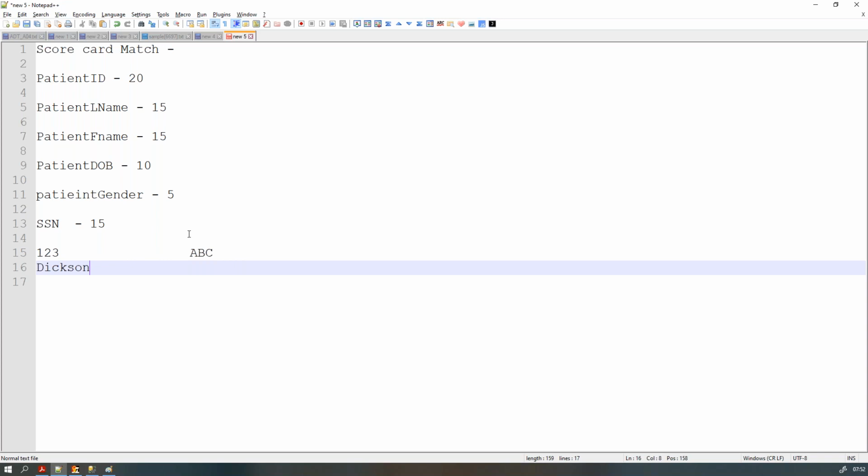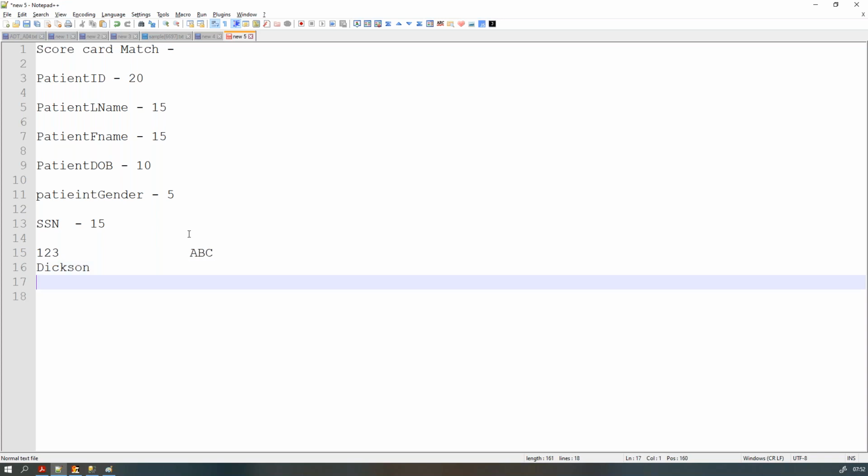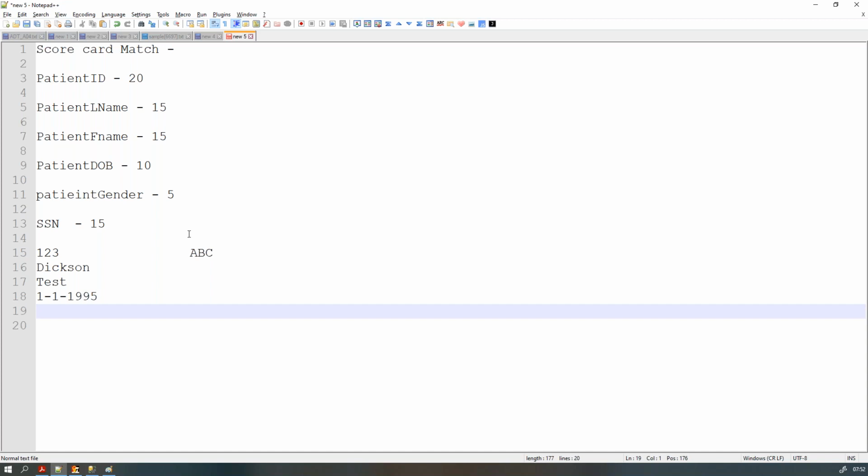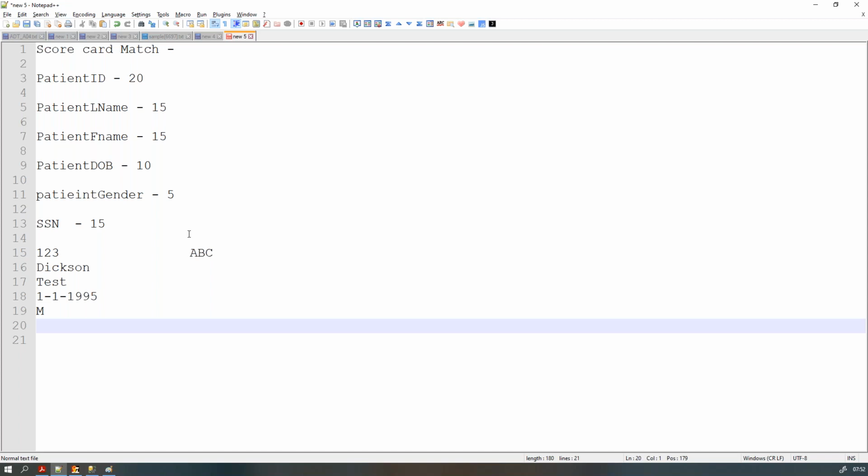Okay, so the patient has visited. The patient's first name is Dixon, last name is Tests, and his date of birth is 1/1/1995. Then you have your gender information, and then you have your SSN, some sort of number. Okay, now the patient got